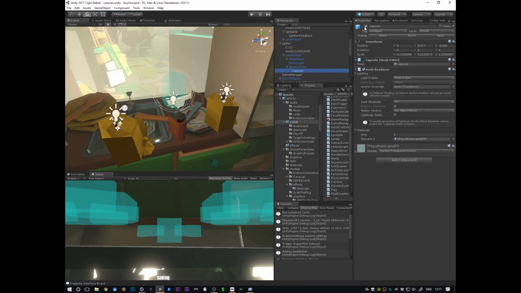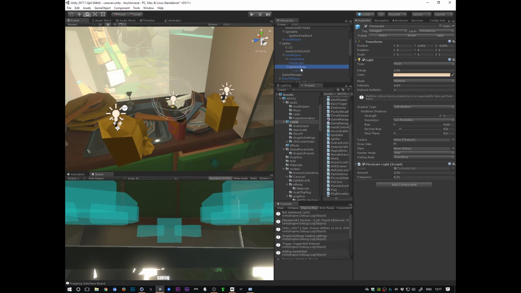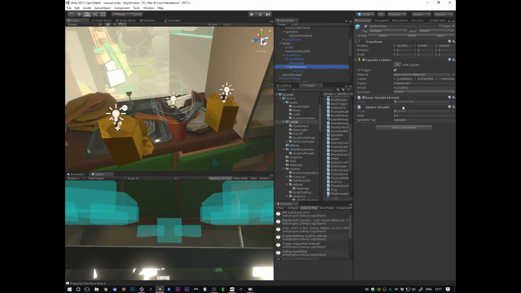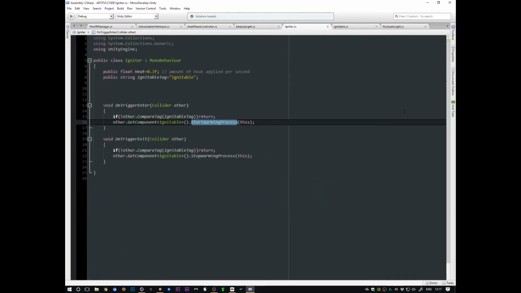Let's disable that again. Kaboom. No, this doesn't do many interesting things, this igniter script here. The only thing it really does is check on trigger enter and on trigger exit. And as soon as it